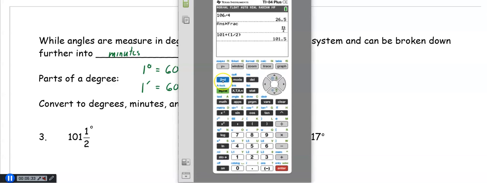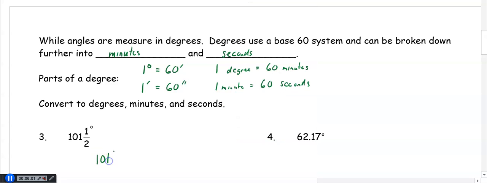To do that, you are going to hit the second apps key. As you see above apps, there's the word angle. If you go down to option 4, there's a little arrow that says DMS. That stands for degrees, minutes, seconds. So I can hit the number 4. It'll take me back to my screen. I can hit enter and it will convert that. So in this case, it would be 101 degrees, 30 minutes, and 0 seconds. If it's 0 seconds, we don't need to write the seconds. So we would just write 101 degrees